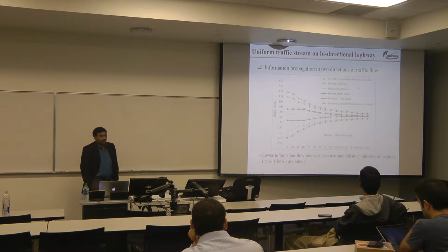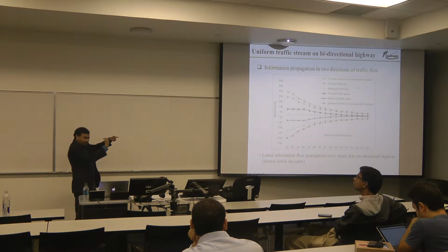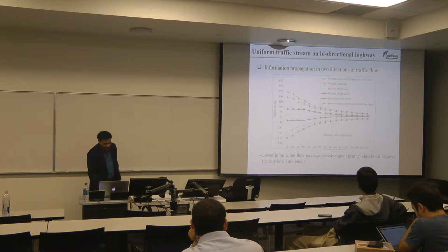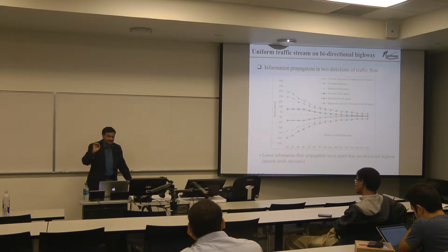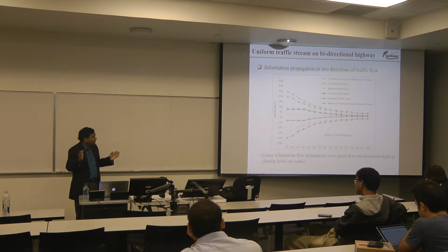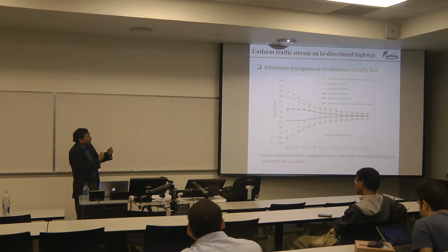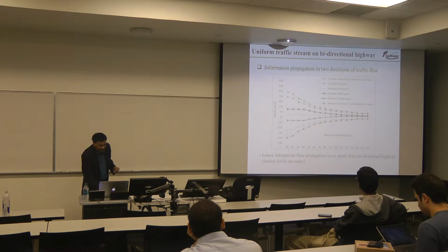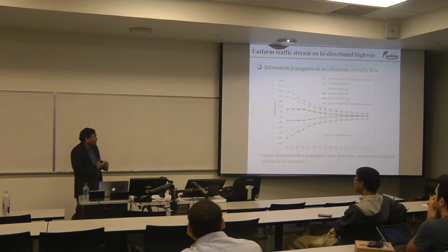Now this is the case where you have two directional flow. You have flow in both directions, and we are very deliberate here. We are comparing it with the unidirectional case. That's why it's saying analytical. The reason we are saying analytical is it's a closed form case. So even though we have the numerical solution, we were comparing it to the analytical one. Whereas the rest of them are all numerical, because this is the case where we cannot come to the closed form solution.